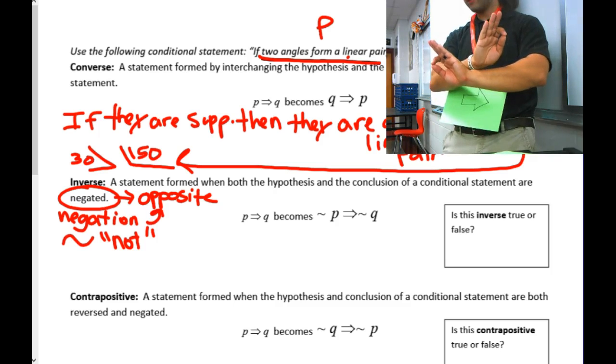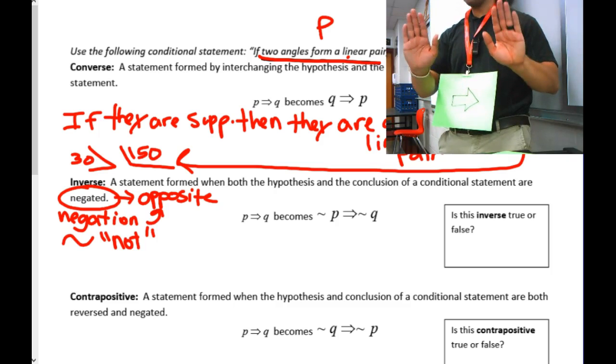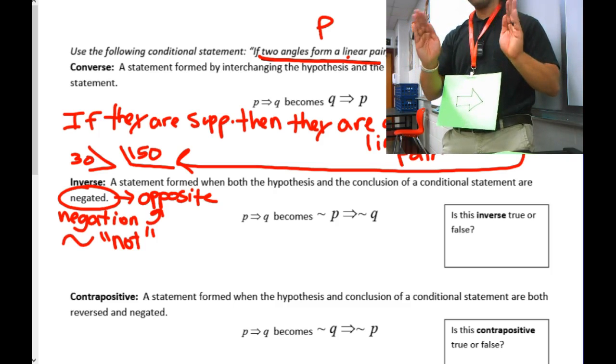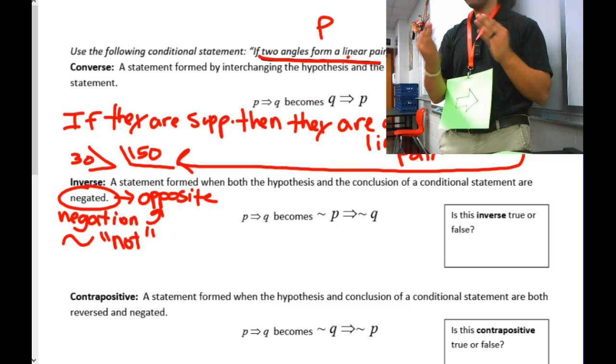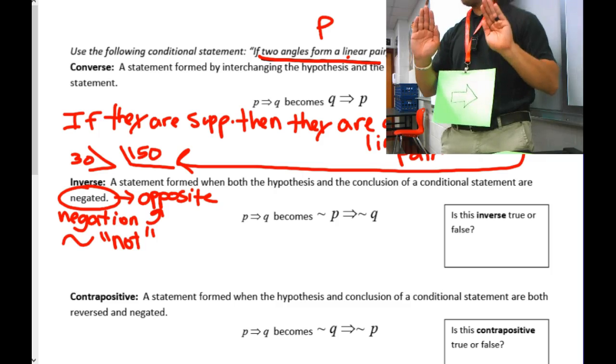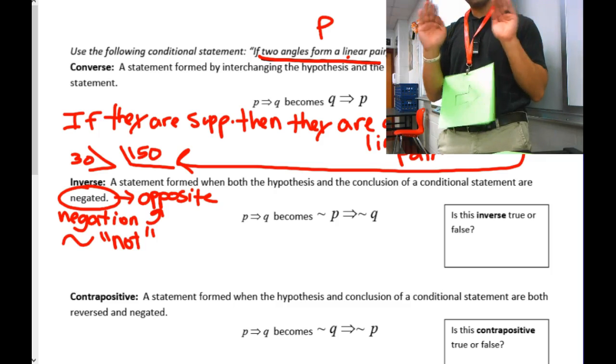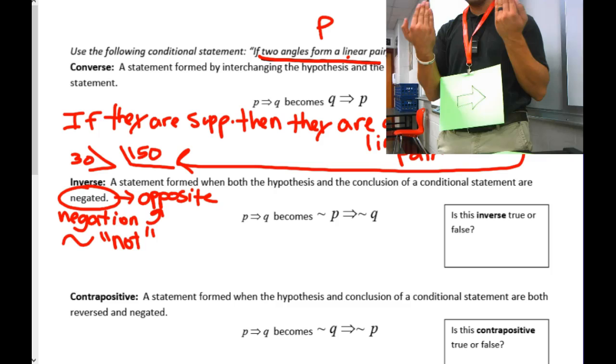Whoop. That was converse. Switch them, right? But what do I do for inverse? You're going to do like a fiesta wave. You're going to switch them over. Whoop. Or like you're doing like ba, ba. Okay? So all you do for inverse is switch the order. Flip them over to make them opposite.